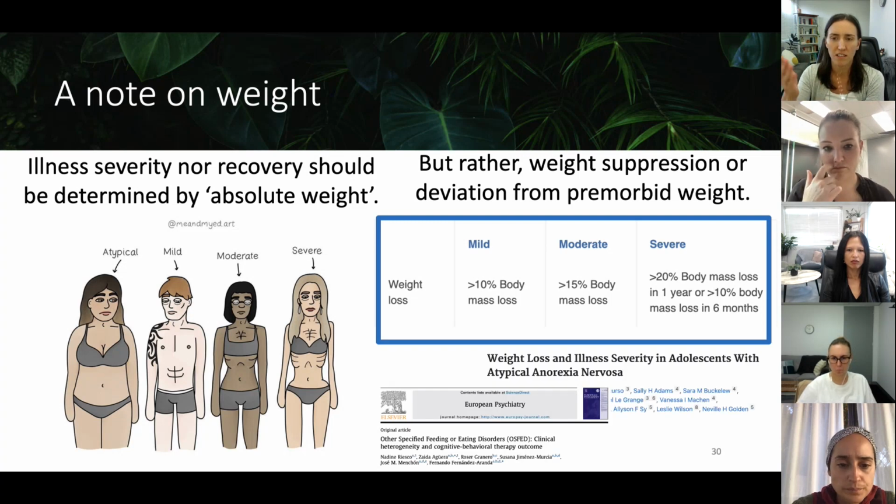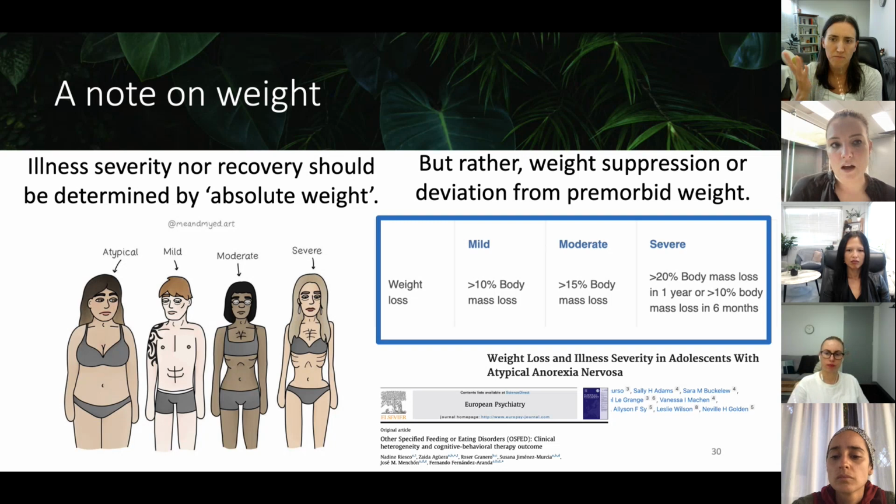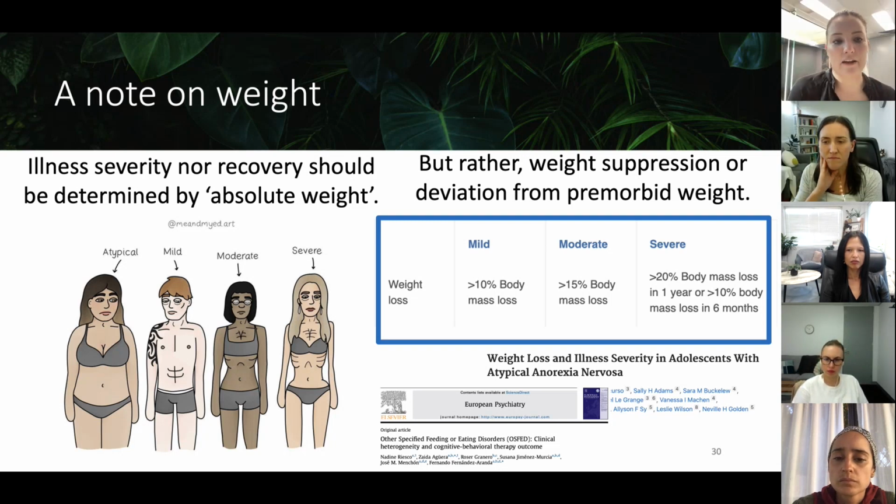There's lots of literature that says weight suppression, and they measure it in all kinds of different ways. Some of them would just talk about a 5% loss of premorbid weight. I think as well, if our field was all more consistent in terms of how they understood underweight, how they calculated expected body weight and the expectations for weight recovery, and we combined that with model fidelity, I think we would have much better outcomes in the field, because even the clinicians that I know that deliver CBT-E really well,